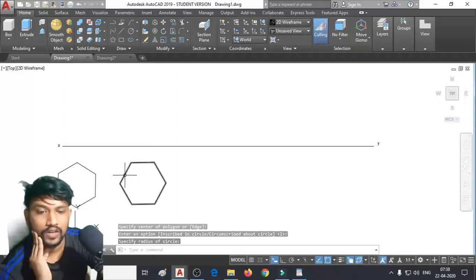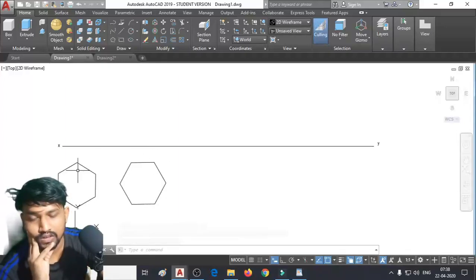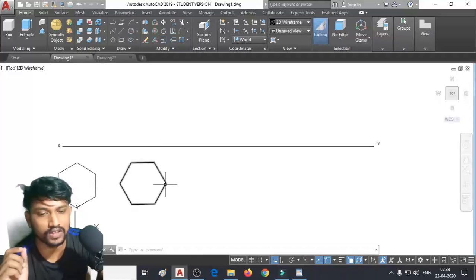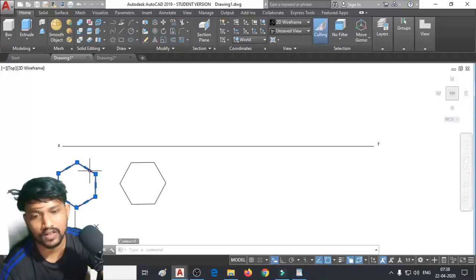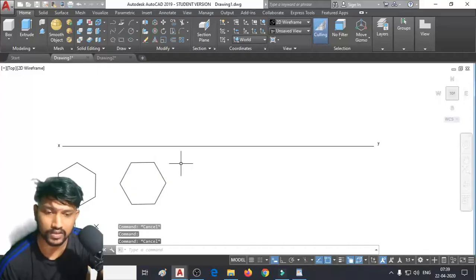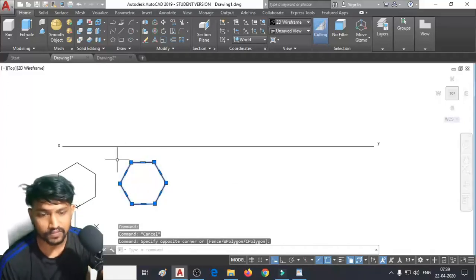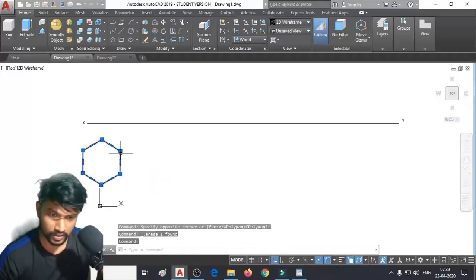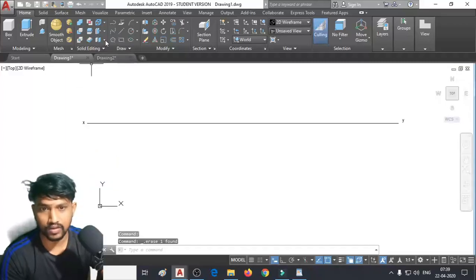See here, on the top side we got a horizontal side, on the left side we got a vertical side. So you can choose whichever way you want to, but you have to make sure that the given conditions can be satisfied if I select this particular approach, or if I select this particular approach. Likewise you have to think. Okay, so here let me give this one proper dimensions.